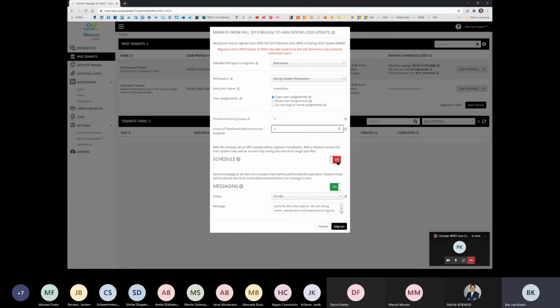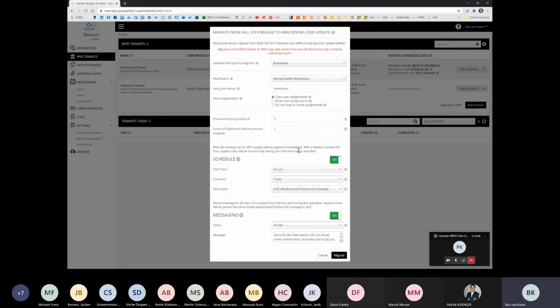And of course, like many other things within Manager for WVD, it's very flexible in that way. You can schedule all this as well. Of course, those machines will or might still have active users on them. That can always happen. So if you do this at night, the chance of that happening is a lot smaller already. But if that's still the case, those active sessions will still be reminded, or will at least get a